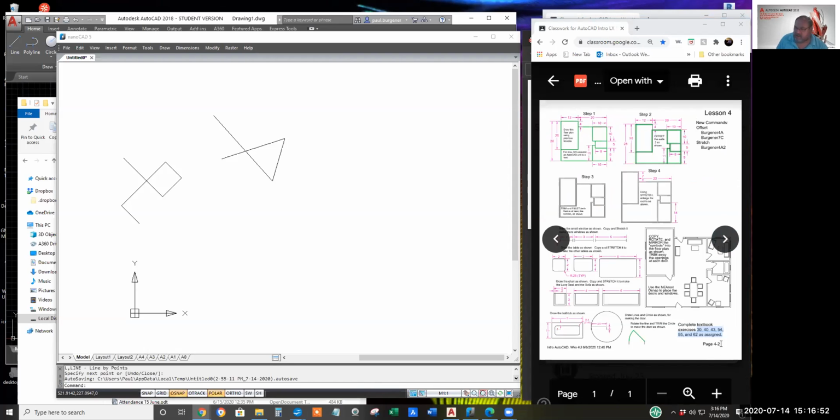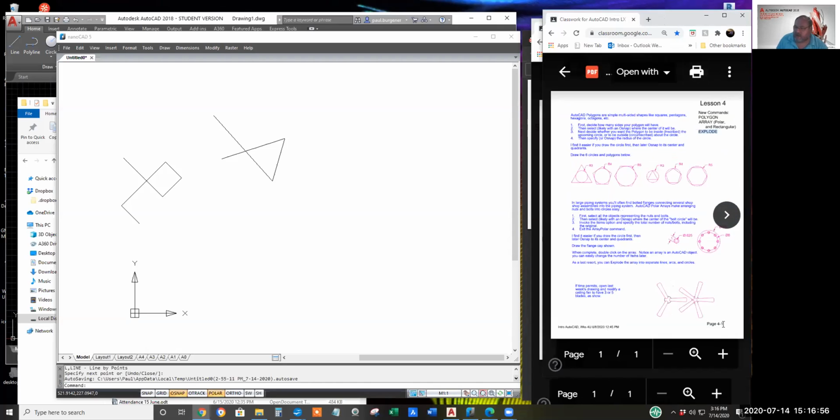Here's page 4-1 of your handout. It's in the assignment for today. And as I was saying earlier, I tried to upload the finished homework assignment, but for some reason it didn't stick.